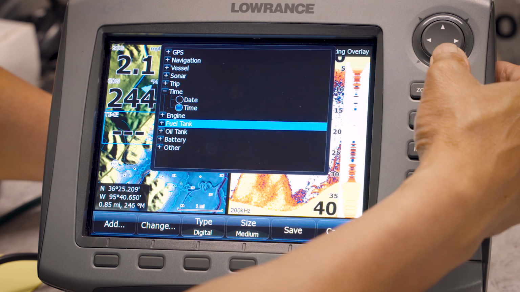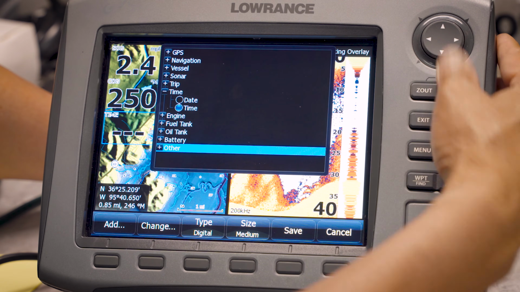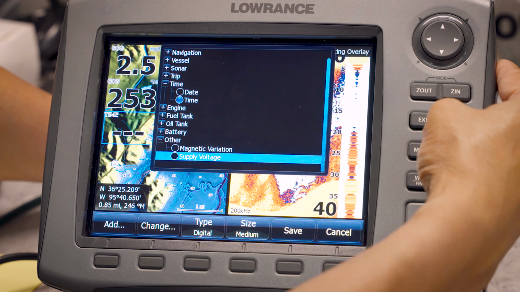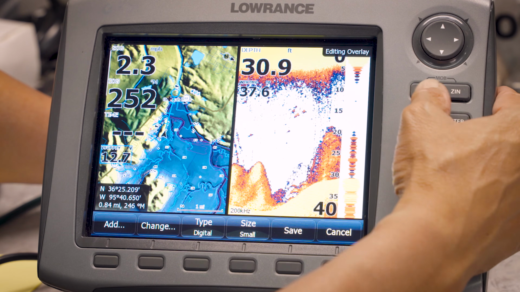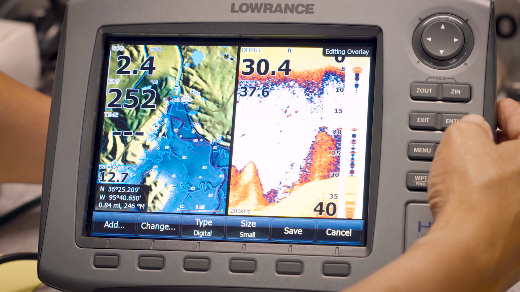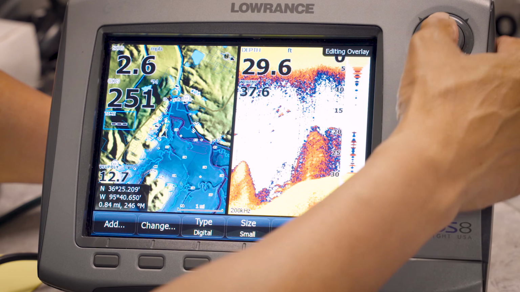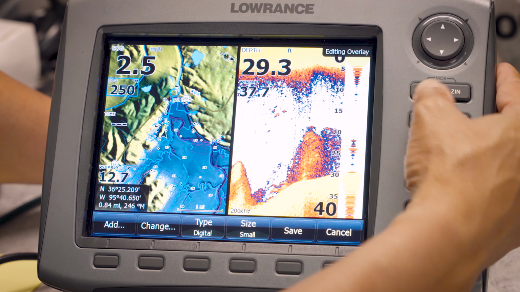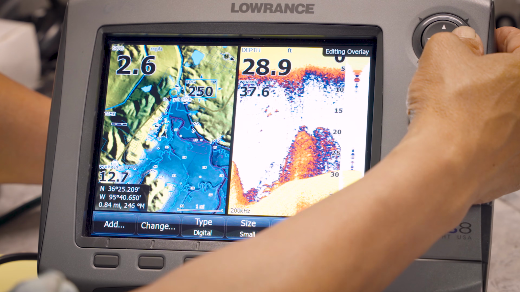We don't need a trip computer because the trip computer is on the map only screen. So we go to other, we put the voltmeter, we go exit once, we make it smaller, zoom out, enter, move it down just a little bit, enter. Go to time, make it smaller, zoom out, go to course, make it smaller, enter, move it across, move it up,